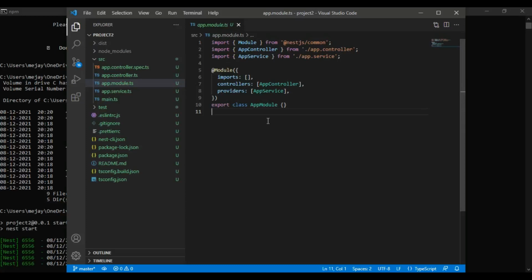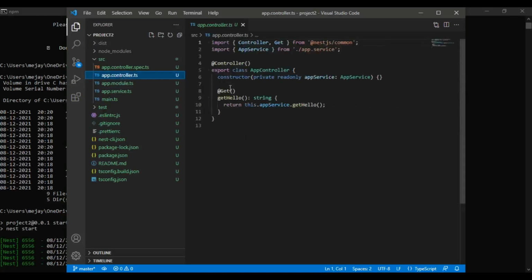So you can see the app.module file is there. It is similar to NgModule in Angular, and you can see imports, controllers. Here you can see components, here providers. You can relate all these things in Nest.js. So it is very useful and easy to understand for an Angular developer. So any developer who has worked on Angular can develop this Nest.js backend.